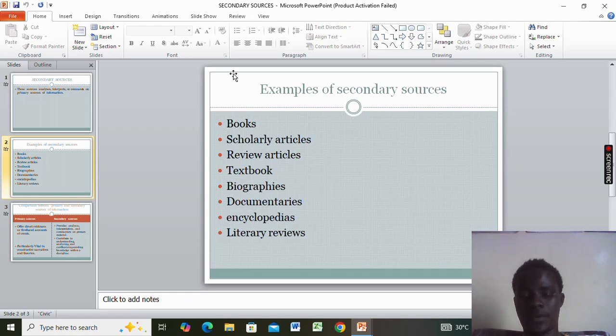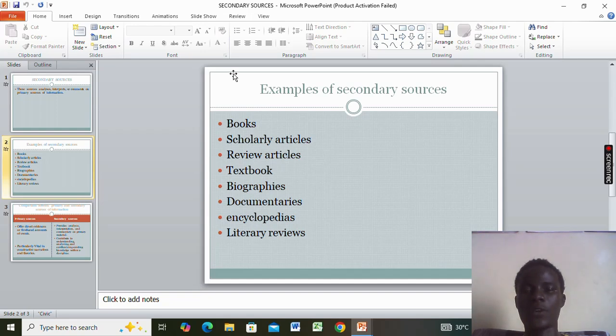Who is the author? You need to ask yourself these questions. Are they an expert in this field? This will give you a clear view on whether this author has experience in this area. So you are checking the credibility of the source.